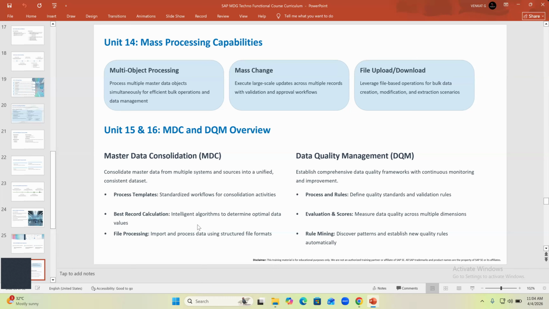And the latest mass processing technique, or we can call it a separate tool altogether, MDC, Master Data Consolidation. This is also one of the mass processing techniques. Of course, it also has some limitations and differences compared to the traditional mass processing techniques. So MDC is kind of a submodule altogether. It itself takes around 1 to 1.5 months to cover MDC. But here we will not be covering that